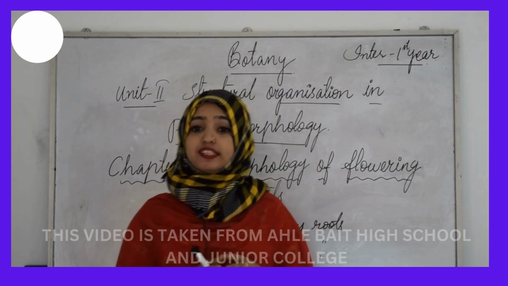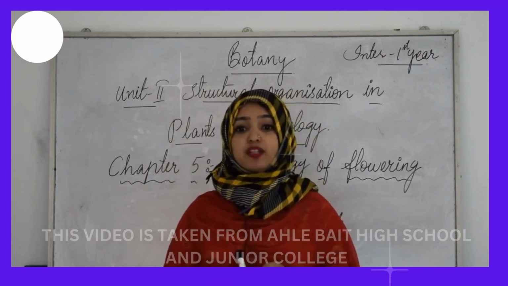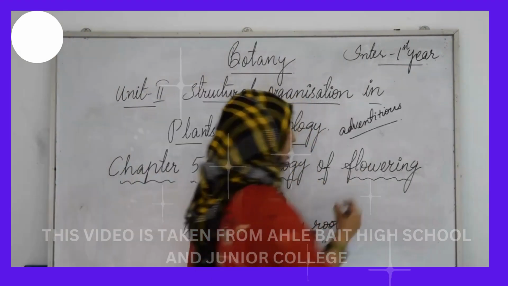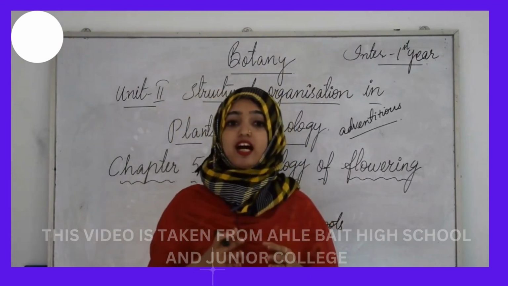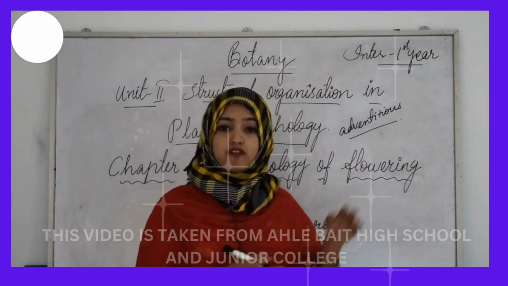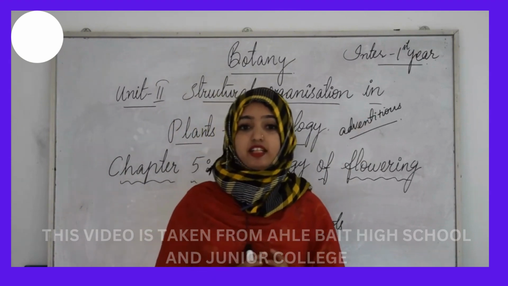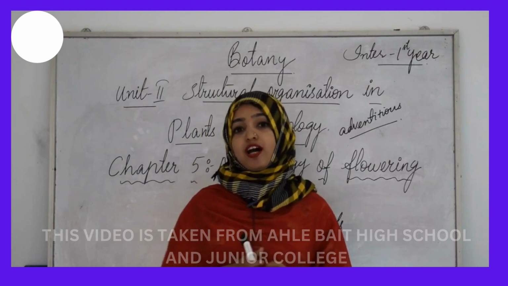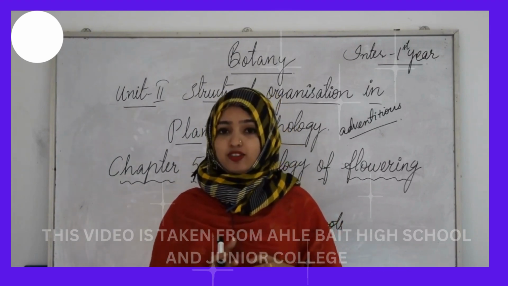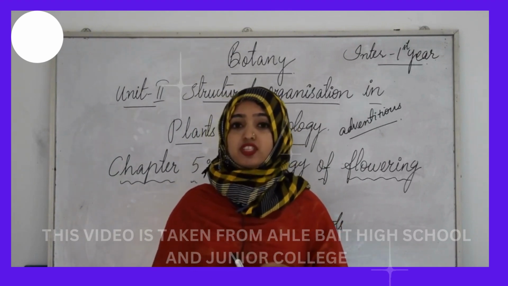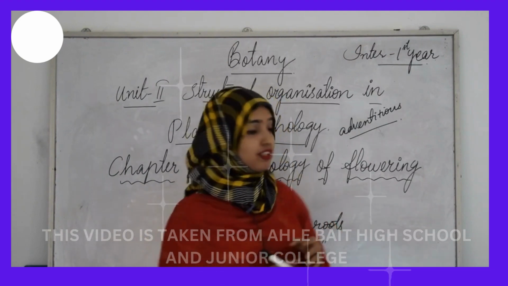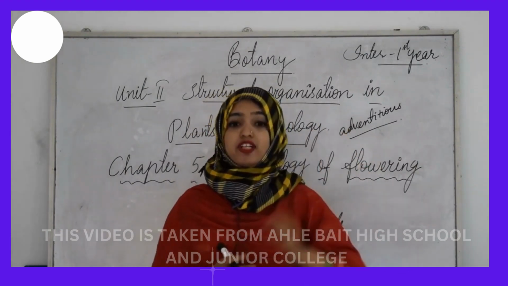As seen in the monocots, in some plants like Monstera and banyan tree, roots arise from parts of the plant other than the radicle and are called adventitious roots. So adventitious roots are the roots that arise from parts of the plant other than the radicle, and the example for that you can take is the banyan tree. I hope you all have witnessed the banyan tree in your life, right? There we can see long roots arising from parts other than the radicle, and such roots are called adventitious roots.